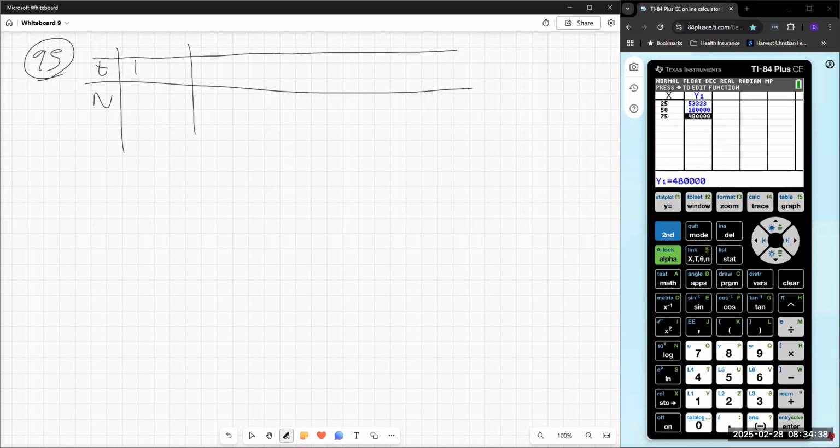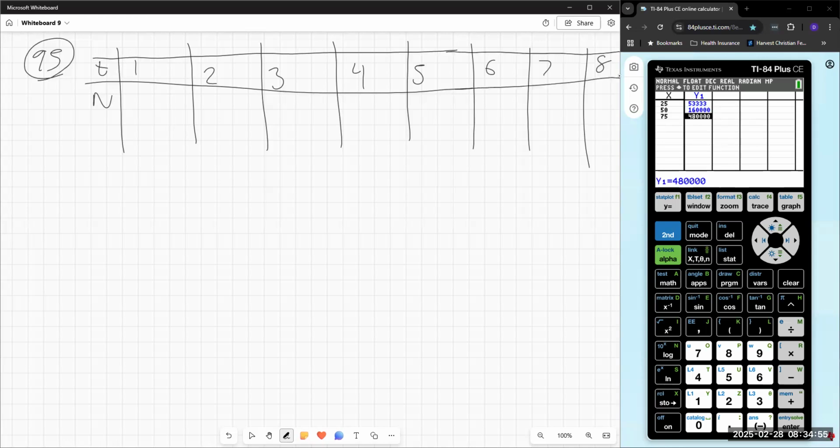Give myself plenty of space here. 1, 2, 3, 4, 5, 6, 7, 8. These numbers get kind of big, so that's why I'm giving myself some space. So it starts off 25, and then it goes to 200, and then 804, 1756,